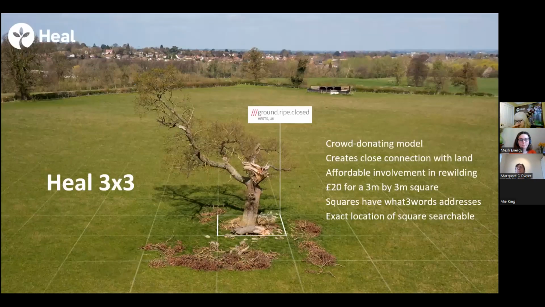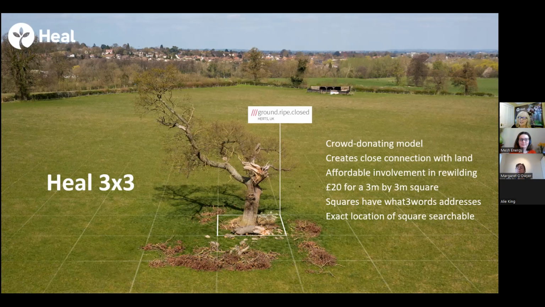And this is our pièce de résistance, really, which is that we're using What 3 Words to help connect people to sponsored land. So you can sponsor a square of land, and when we acquire the site, it's £20 for a square, plus gift aid if people are eligible, and we will give people a What 3 Words address for their piece of land. Really, really popular. We've got thousands of people who've done this, and that's wonderful because we don't have a site yet, so we are blown away by people's willingness to support our mission in anticipation of our first site coming.